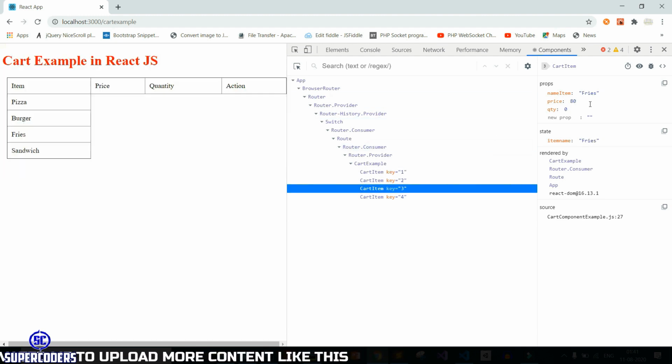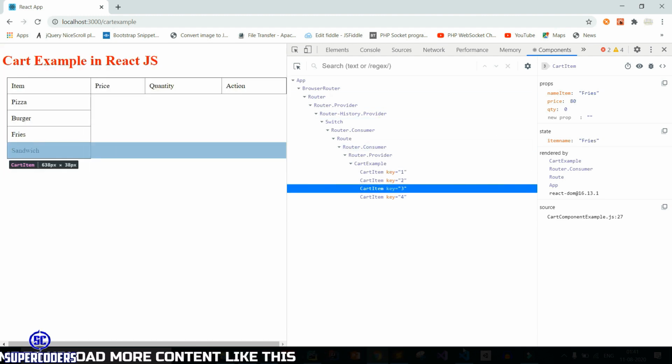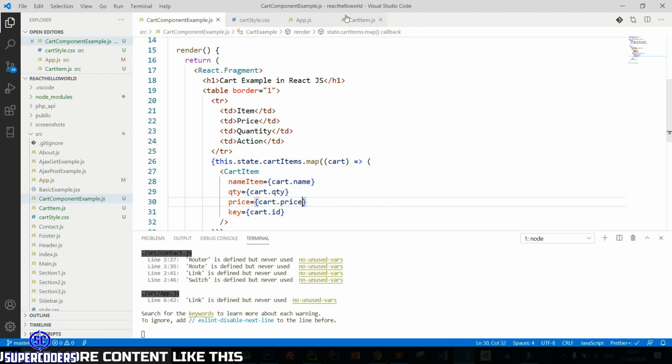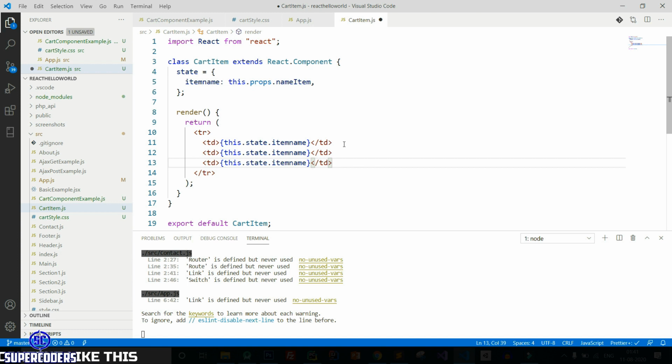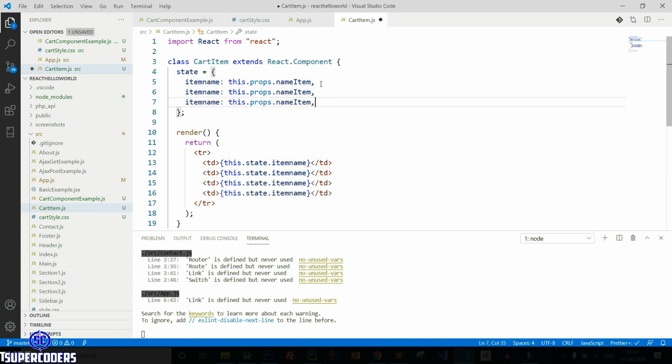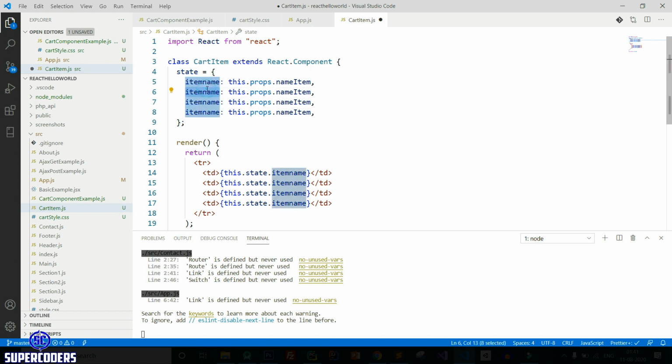Now let's access these values also. So let's do here Control D. So on second item, here quantity, then price, and leave this.